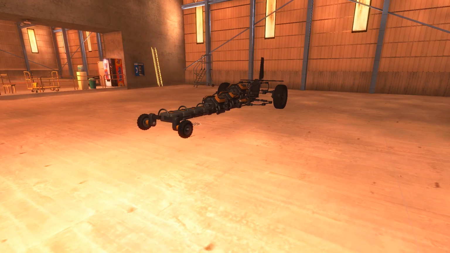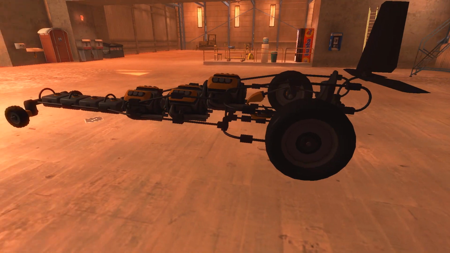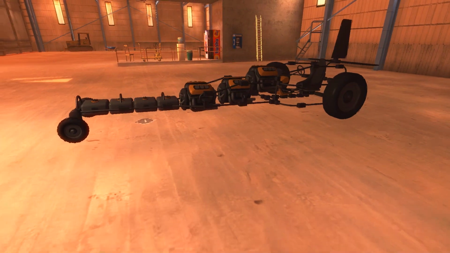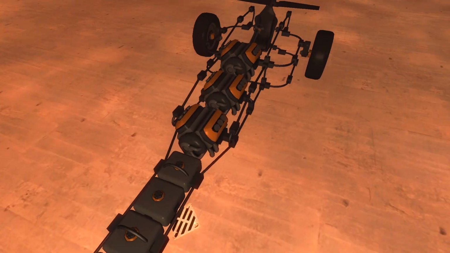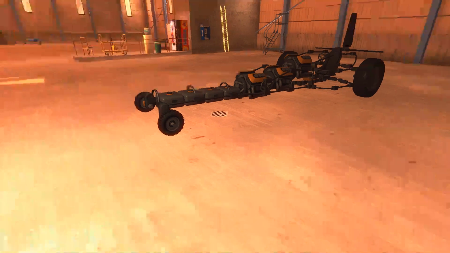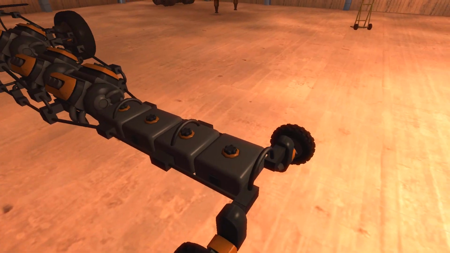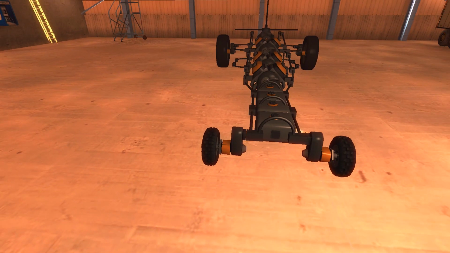This isn't one of my creations, I'm not that good. This is one of the default things that the game gives you that looks absolutely awesome. We've got a drag car going on here. It does have sort of 3 engines. It looks very cool. But you can build this if you wanted to. You could build a similar thing if you have the skill, which I do not quite as